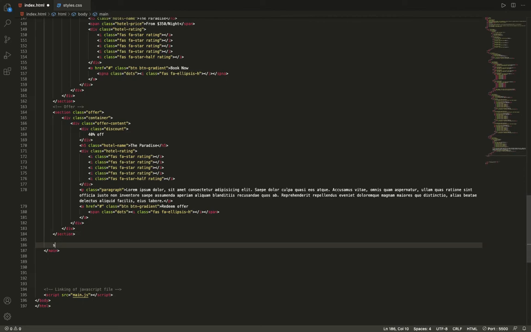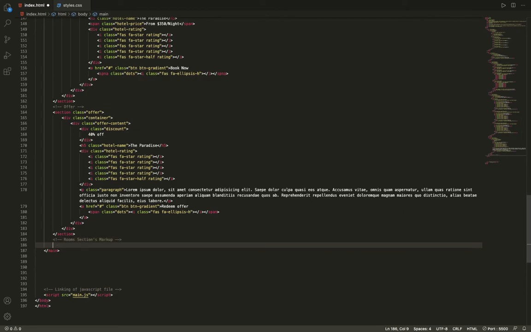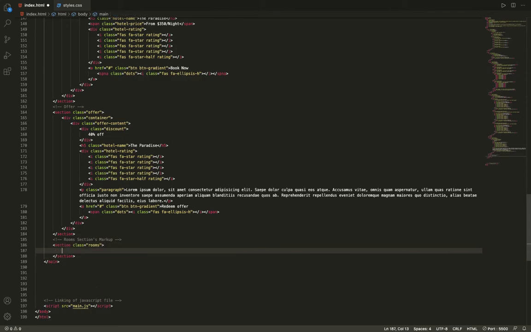So it will be like, first a comment will be there which will say rooms section markup, and I will make section with class of rooms, then reusing container,